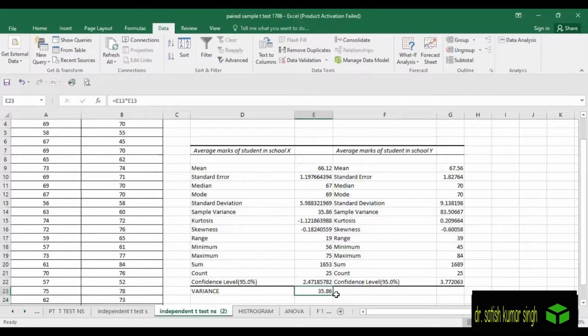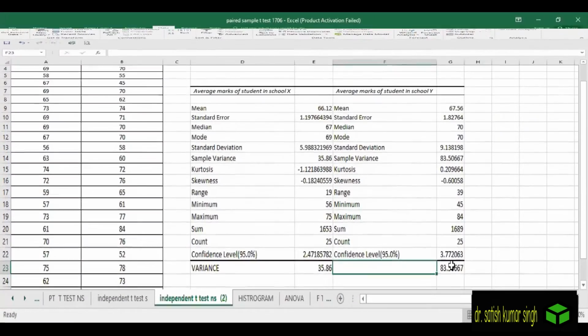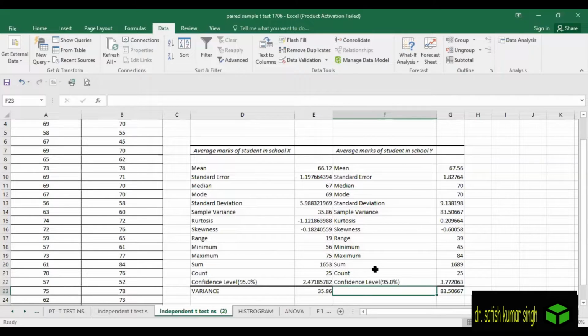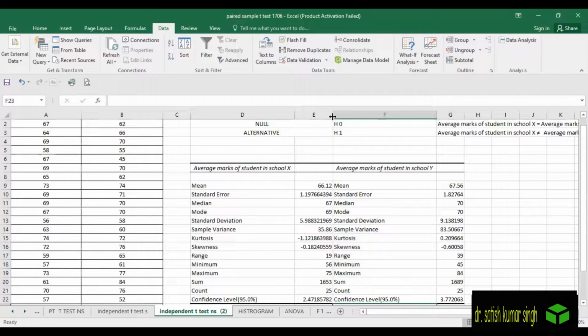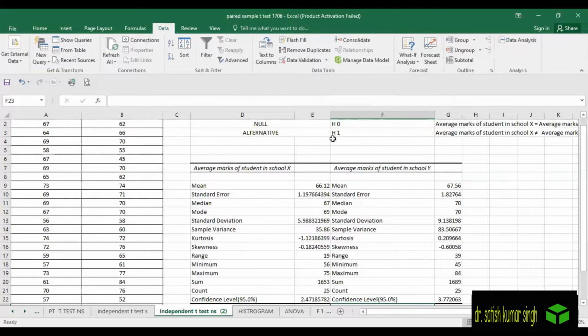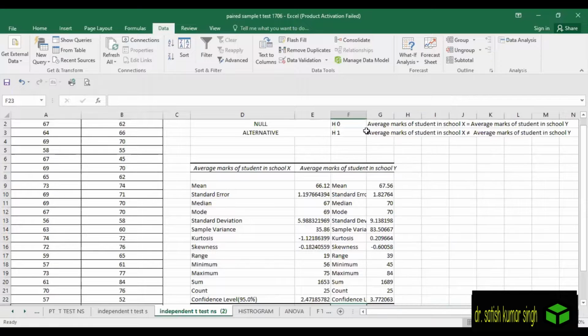And similarly, if you copy the formula, it will give 83. So by doing this we have come to know that there is a big difference in the variance of the samples in school X and school Y. So for the time being, I am just squeezing this column so that we are able to see our null hypothesis, and we can perform the other results also.